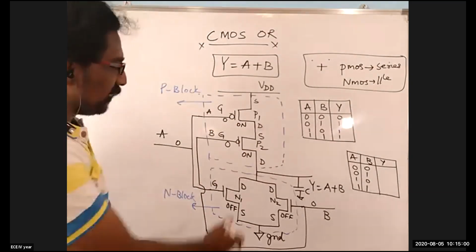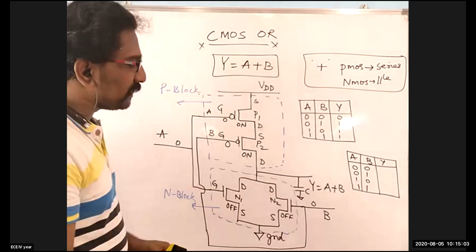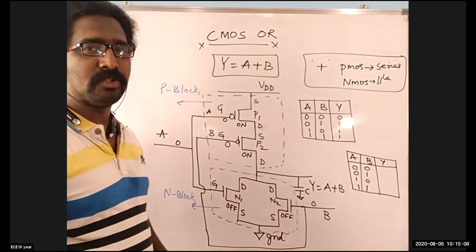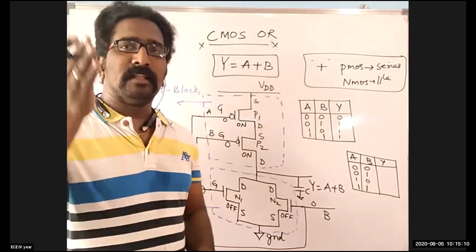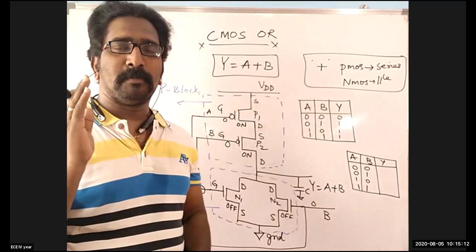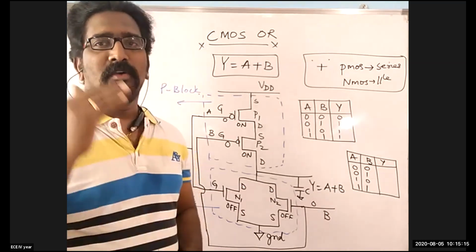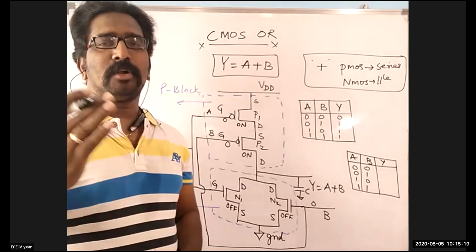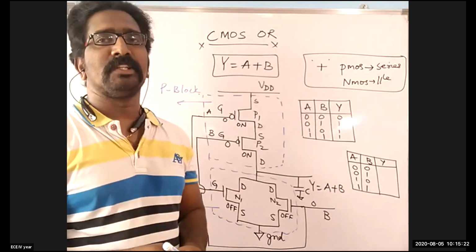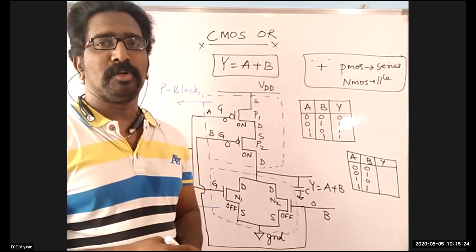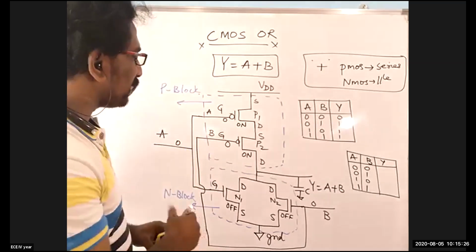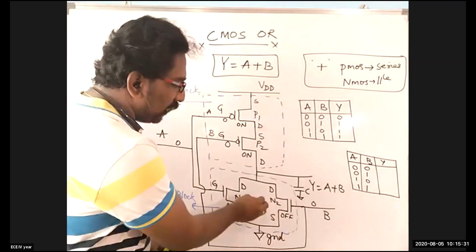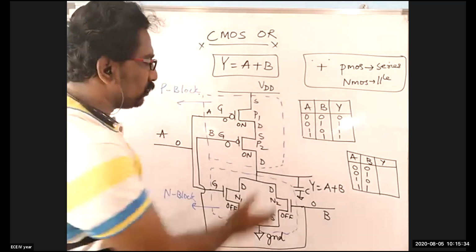So now, if that is the state, off means what? In the previous class we discussed that the channel will not be formed. If the channel is not formed between the source and drain, then definitely there is no scope of path formation for the movement of charge from one point of the circuit to another point. If the charge is not going from one point to another, then we can say that there is no electrical signal moving from one point to another point of the circuit. So if that is the case, let me assume that this is completely in the inoperative state. It is not in operation. So forget about this one.